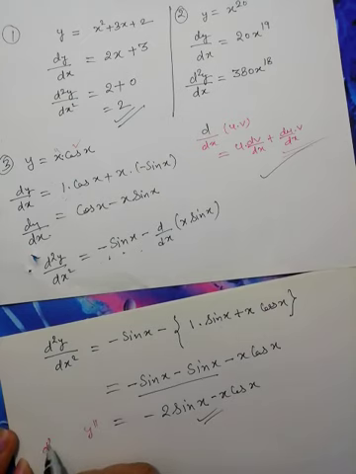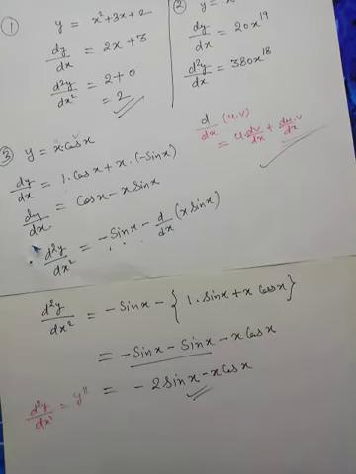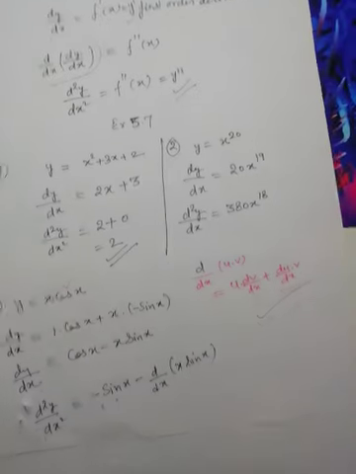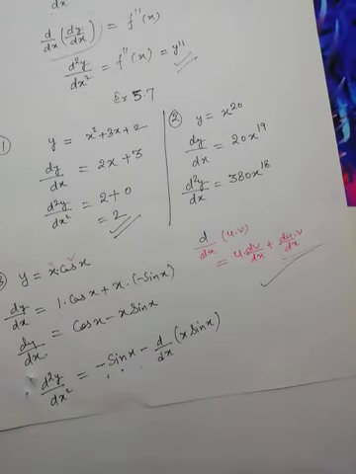Or you can also write it as y double dash. That is, d2y upon dx square is equal to y double dash. So this way we have to find out the second order derivative. Like you were differentiating earlier, the same way we have to go, but we have to go 2 times. Once for the first order derivative as usual, dy by dx, and once again we have to differentiate for the second order derivative. I hope this much is clear to you.